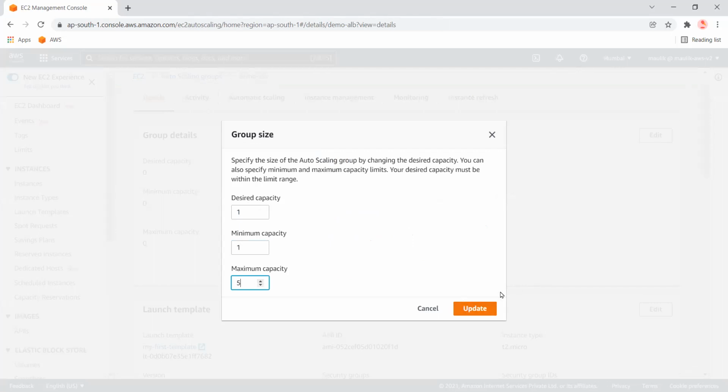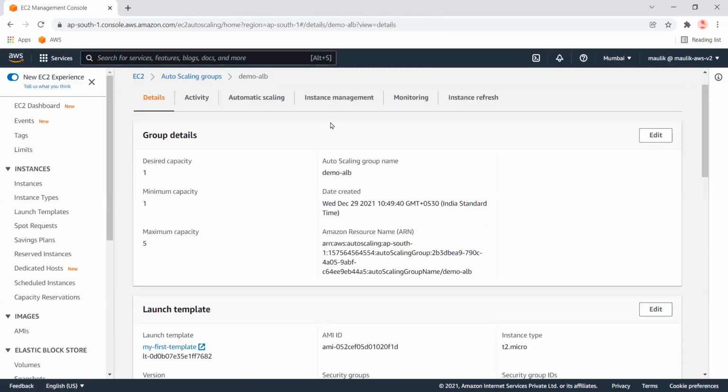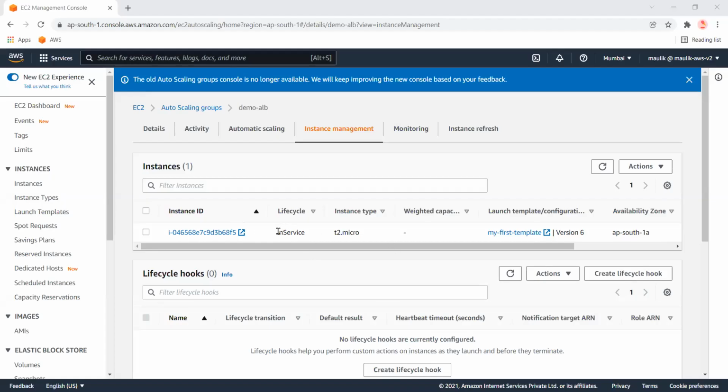And I'm setting the maximum to 5. Okay, so one instance is already created and running in this scaling group. Now let's create the CloudWatch alert.